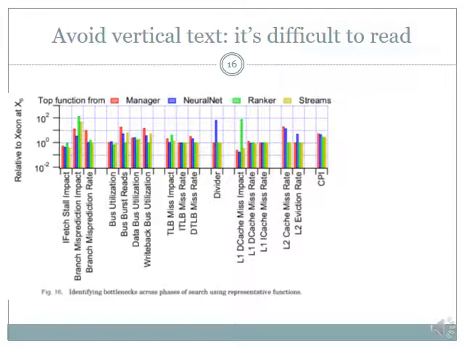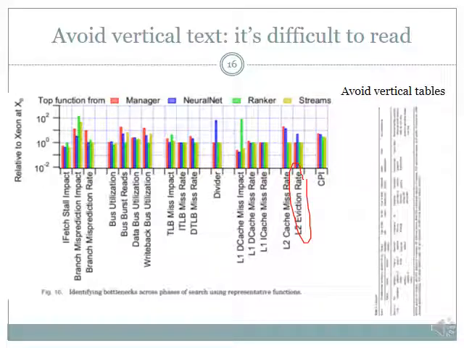Another very important point is to avoid vertical text. It's very difficult to read. So especially, one thing you have to remember is that many people nowadays are not printing the research paper and reading it. They are reading it on the go. That means on the mobile or the desktop or even their own mobile phone. So if they are reading it with a laptop, rotating the laptop is impossible, right? So now if I want to read this vertical text, I will have to rotate my neck, right? So it's very uncomfortable.